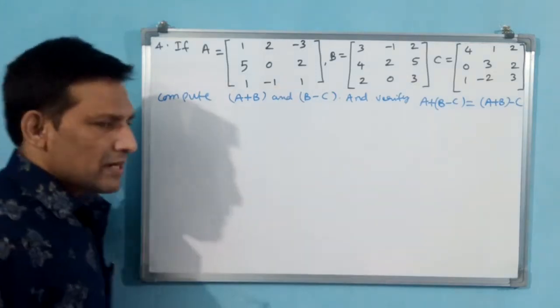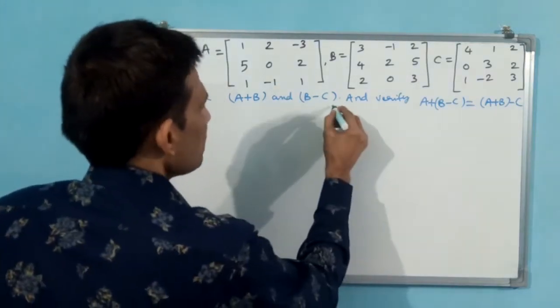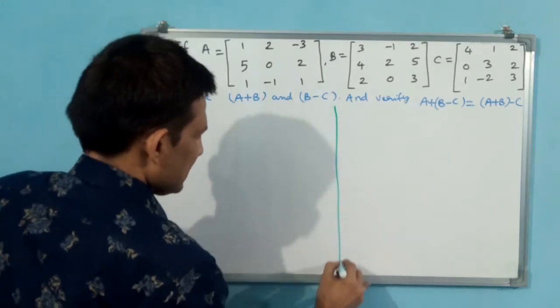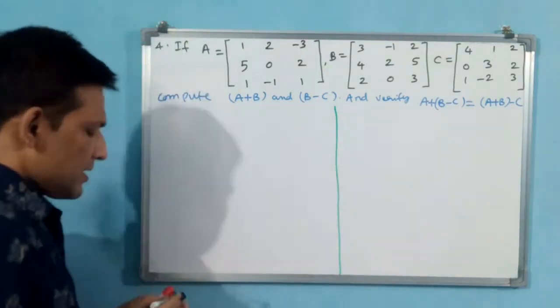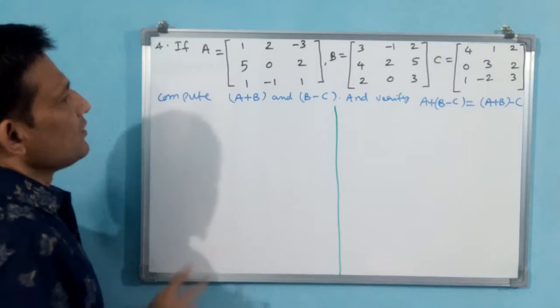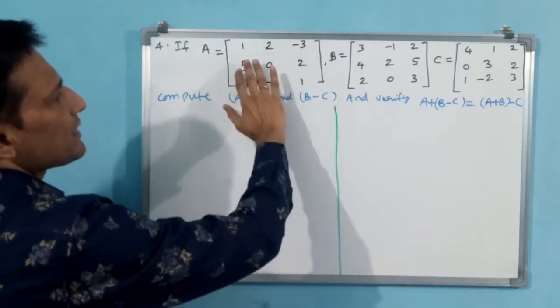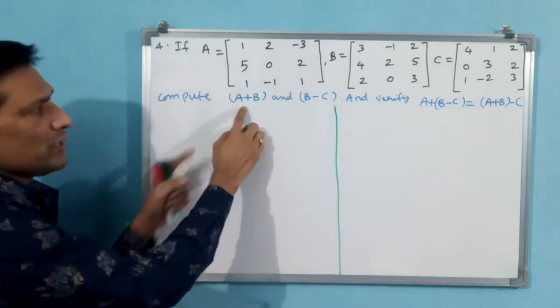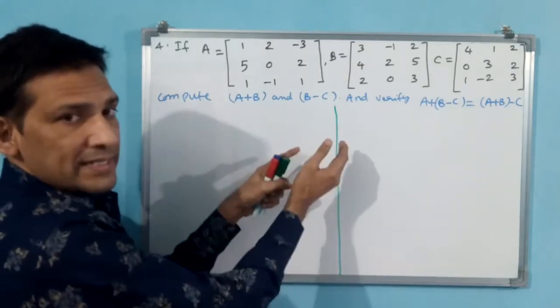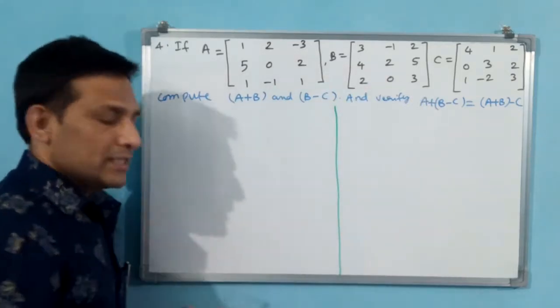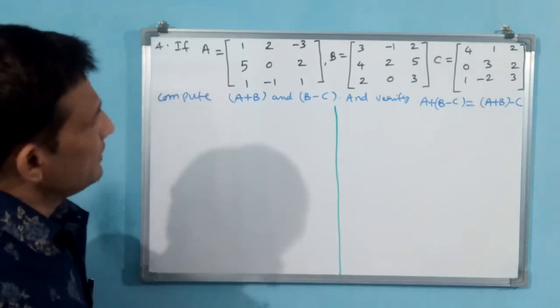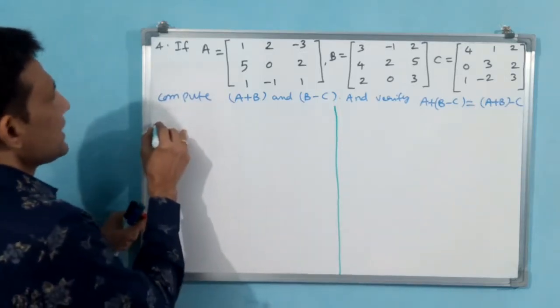Okay, like that how to think. What I do, I will draw a line in between. We will do 50%, 50% separately, this side, that side. Now let us do A plus B first. Why? Because A plus B in front of you only are there. When you are doing A plus B, A should be left side, B should be right side. Then only it is possible. Like that you have to keep. Now directly I am writing A plus B.